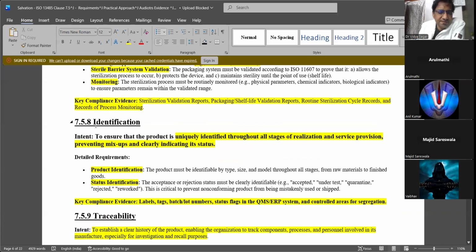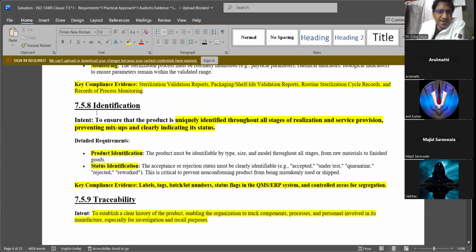Identification, with these two I close. For every device, you should have an identification mark, a number, alphanumeric. Of late, some are printing the identification number directly on the device so that there won't be any mix-up within the company. Non-conformity and conformity should not be mixed up. The complaint samples which you get should not be mixed up.